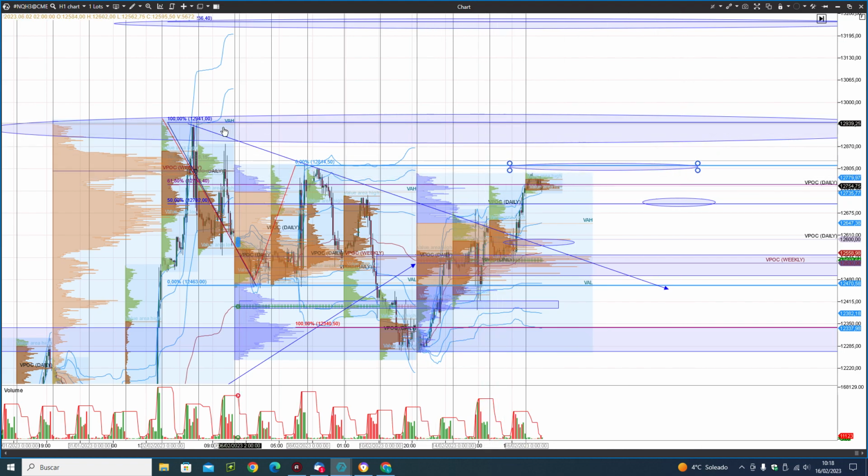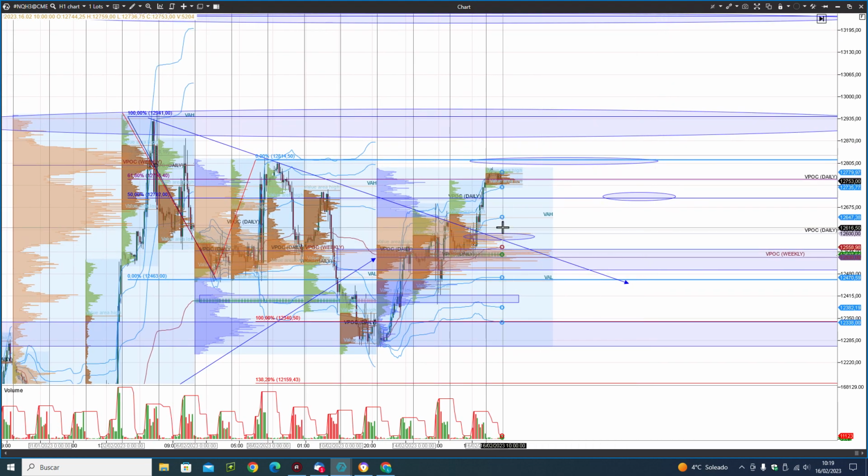Let's mark it here, and the second one would be the maximums of February the 2nd, approx at 12,943. Talking about lower targets, first one, this price action zone between 12,719 to about 12,668. Next, if we enter in this value area,